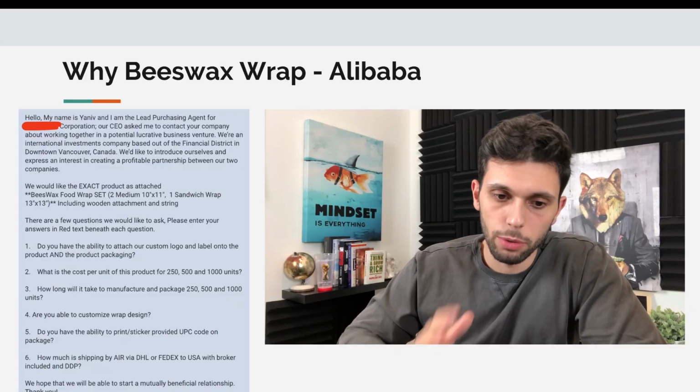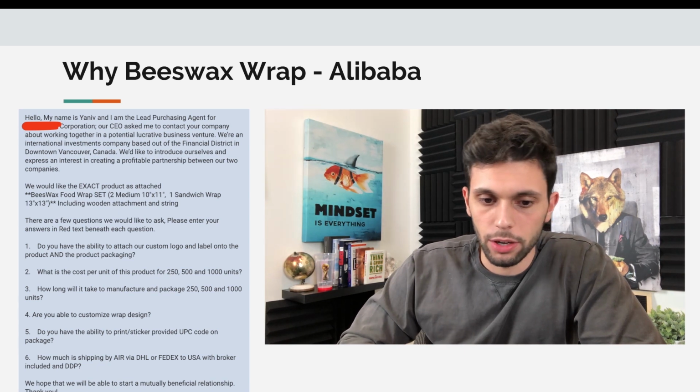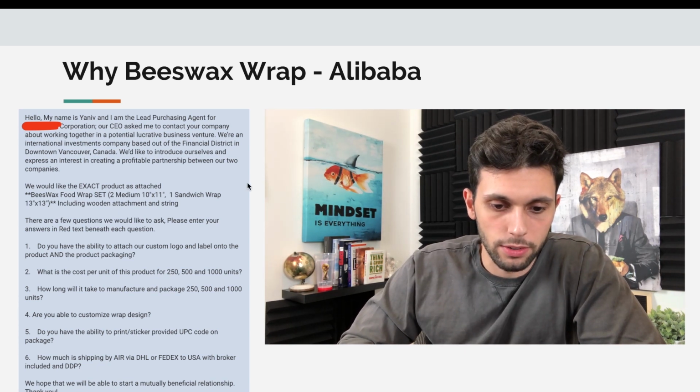So now that I had come up with the idea of having the button, my first initial thoughts were, let's go and see if they can get me a better quality wrap. I didn't think about the wax bar. I just thought maybe the quality wrap isn't that great, so maybe we can get a better one, and maybe that would solve the issue. I'd get some samples, play around with it, and see what's up. So what I did is I went to Alibaba, and I started contacting a ton of people, and this is kind of what I sent them.